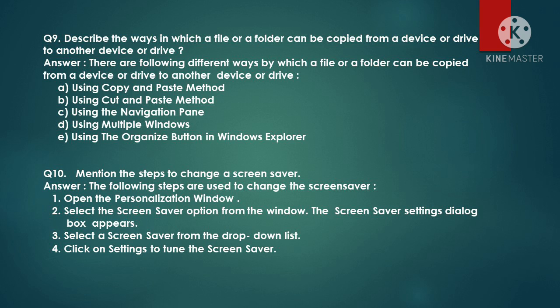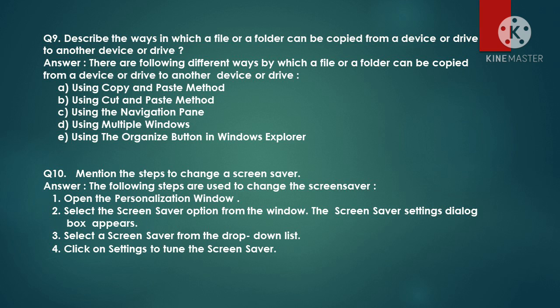Question number 10. Mention the steps to change a screen saver. Answer. The following steps are used to change the screen saver. Step 1. Open the personalization window. Step 2. Select the screen saver option from the window.